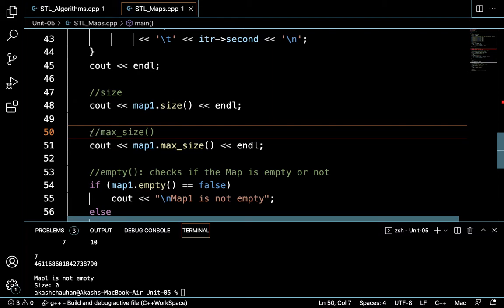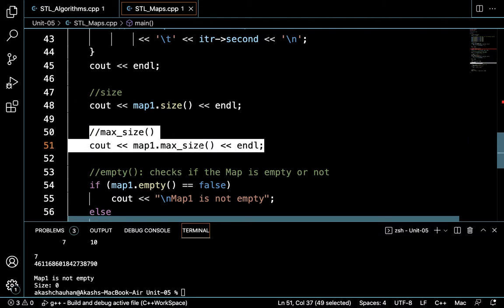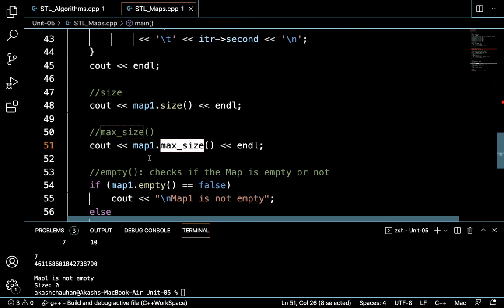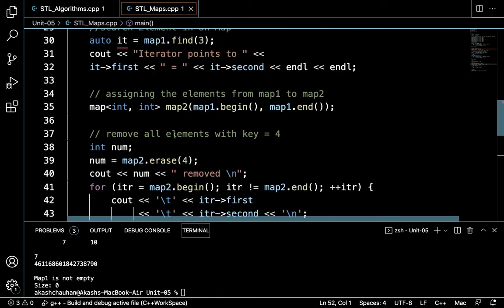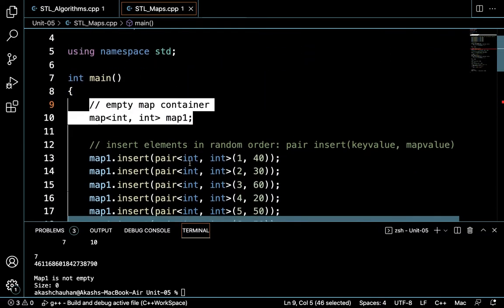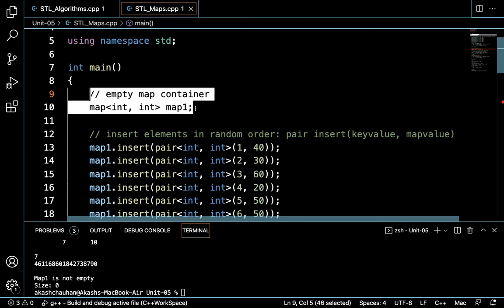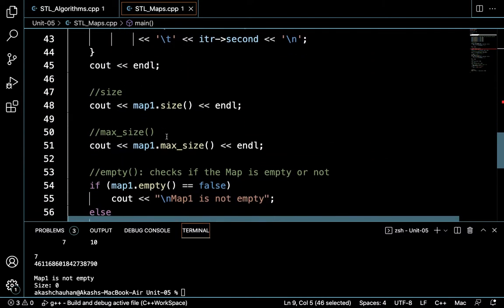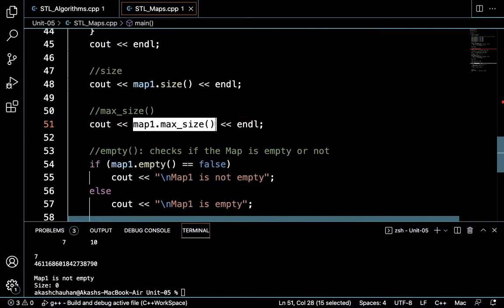Okay, what would be the maximum size? Maximum size is different. It depends on the memory you have. As you are not required to initialize the size of a map at the start, you can simply start adding elements after declaring it. So it means giving a size initially is not required. So the maximum size would be very high. I'll show you the range, but it depends on the memory. It would be in millions. The number of elements you can store would be very high.